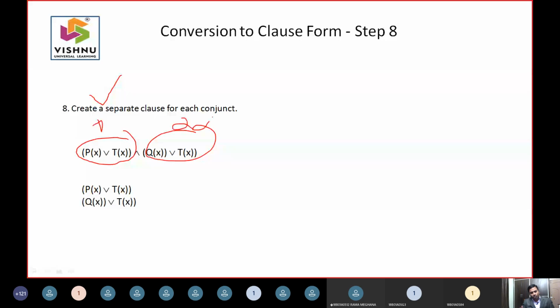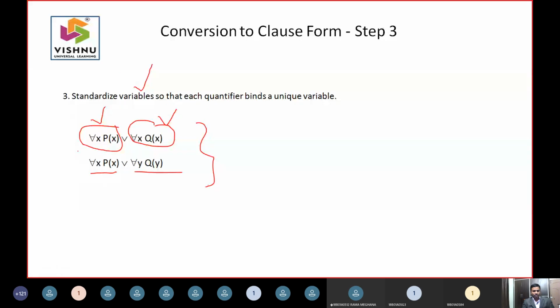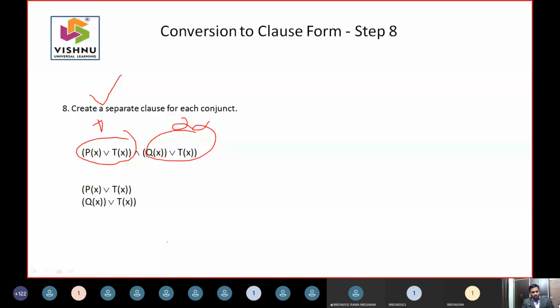So after that, there is no need to write another rule like standardize the variables. Standardization of the variables is already there in your second slide. The second slide says if you have x here, you must have y here. This is what the standardization says. In your textbook, they said if xx was there and x was there, it is better to go for x here and this is y here. That is what they said in the ninth statement.